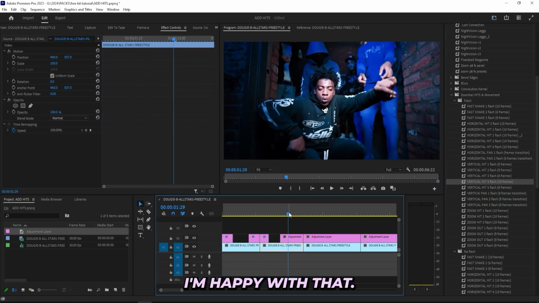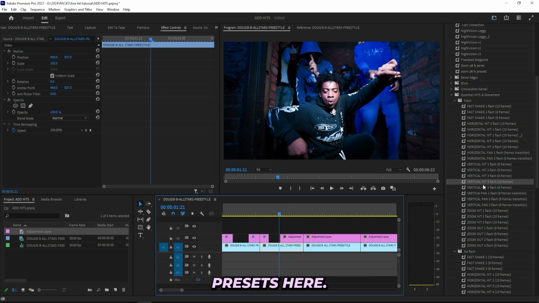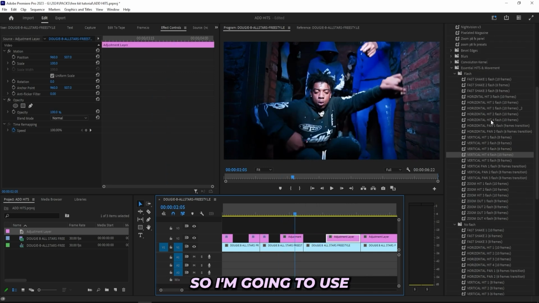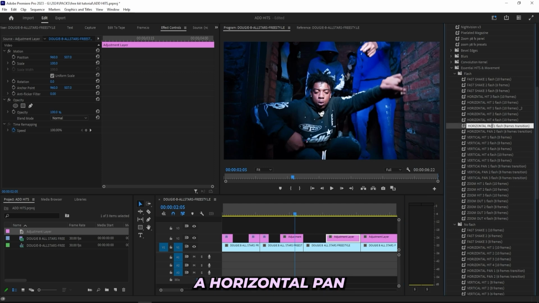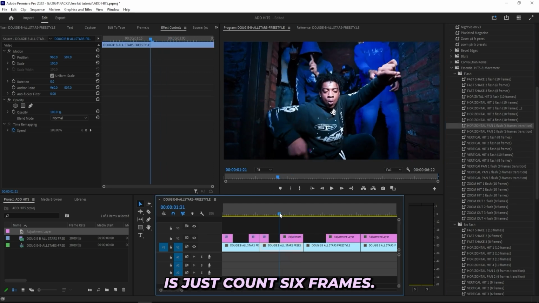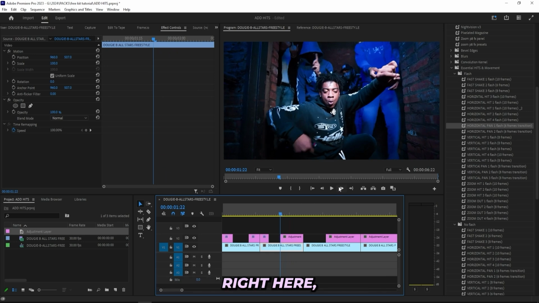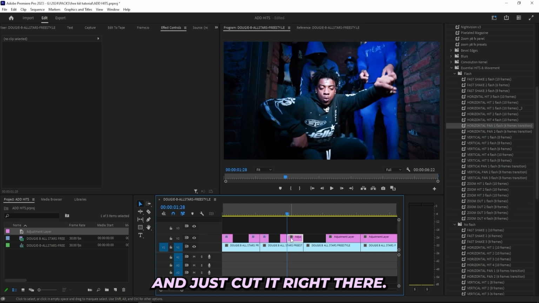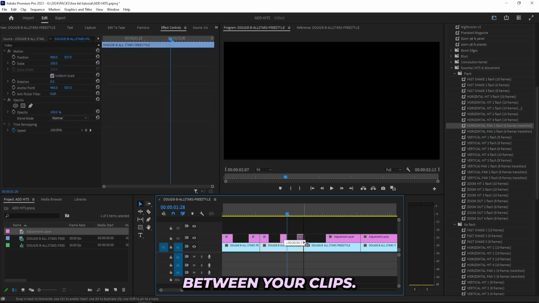I'm happy with that. I got a bunch of different presets here. All I gotta do is really just pick between them and find the next one that I want to use. So I'm going to use a horizontal pan, and they're both 6 frames long. So all I gotta do is just count 6 frames. I'm going to use this button right here, count 1 2 3 4 5 6, and just cut it right there. Then put it in between your clips,